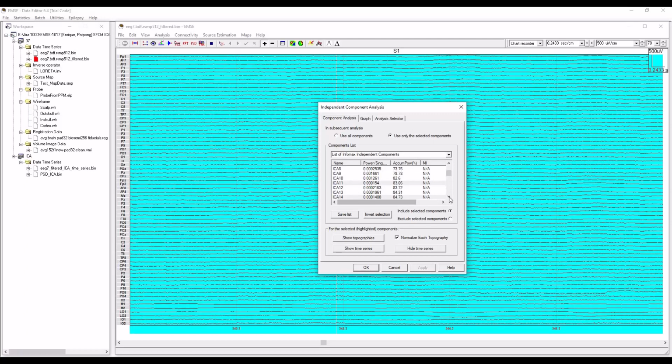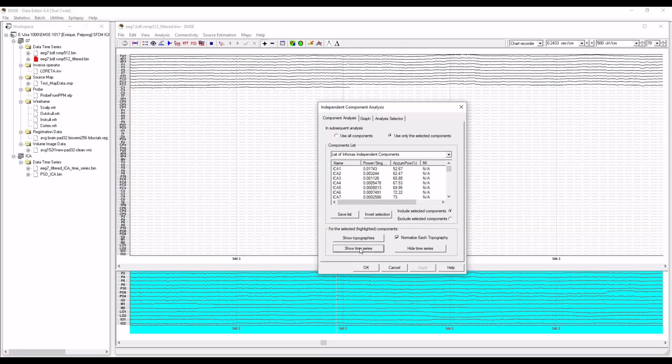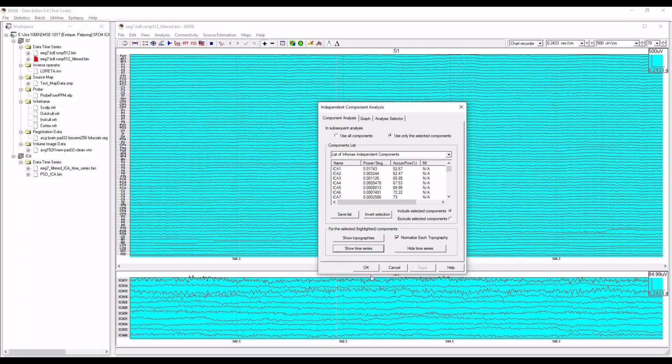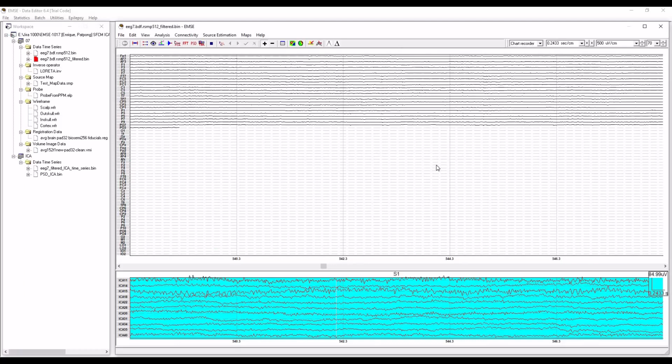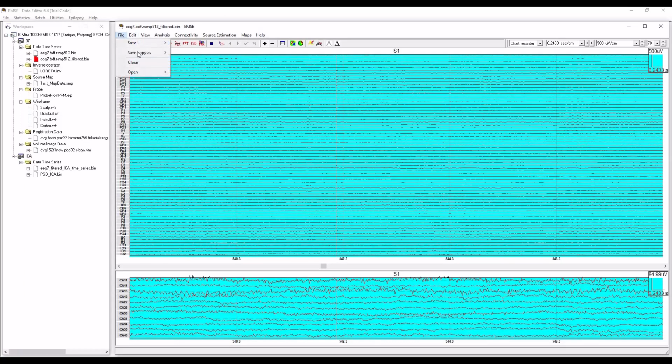But before I selected these relatively few components, you can see slightly grayed here. That's the current setting. Before I selected those, I had all of them selected. And I said here, show time series. And when you show time series there, you can do file, save copy as, save, let's see here. Yeah, save component time series. Save component time series will save these. Now, originally I had all of them selected, and then I'll show you what the result was. With all of them selected,